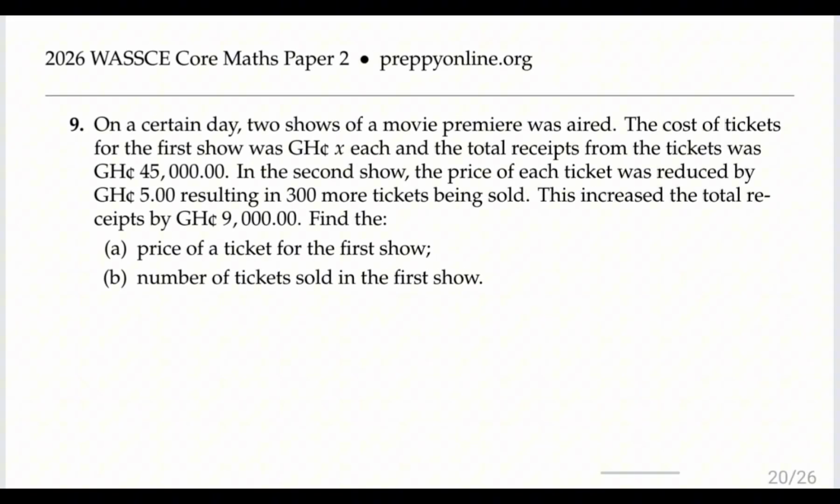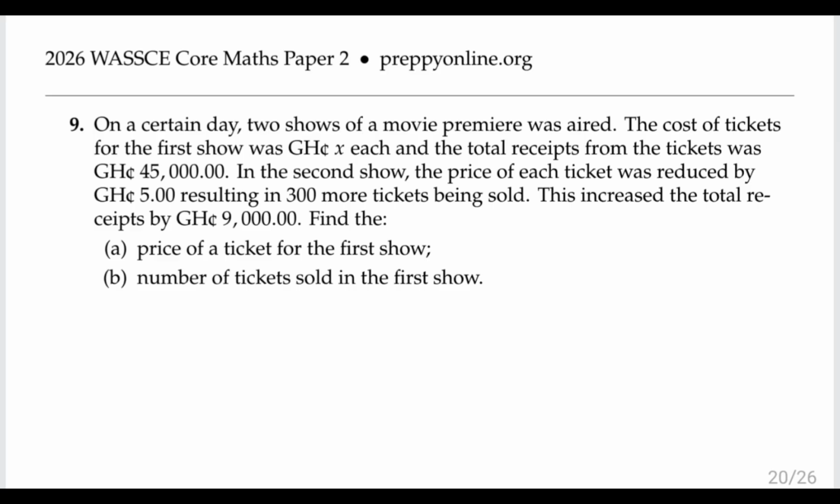Question 9. On a certain day, 2 shows of a movie premiere were aired. The cost of tickets for the first show was X cedis each, and the total receipts from the tickets was 45,000 cedis. In the second show, the price of each ticket was reduced by 5 cedis, resulting in 300 more tickets being sold. This increased the total receipts by 9,000 cedis. Find A, the price of a ticket for the first show, and